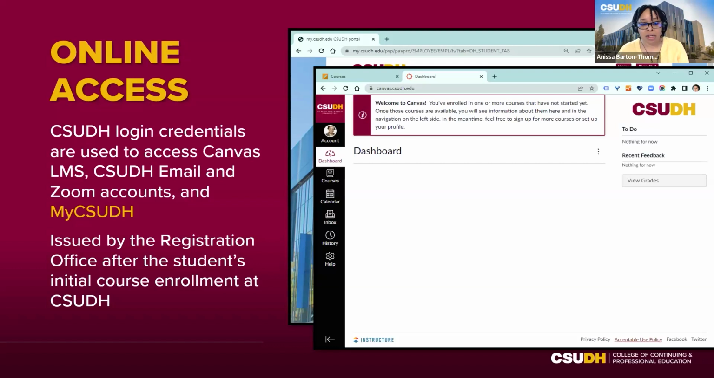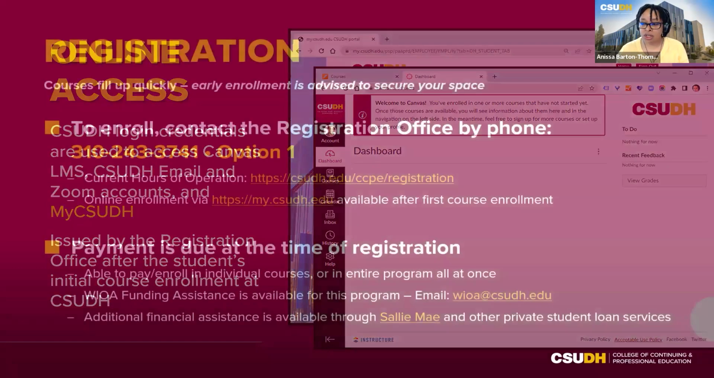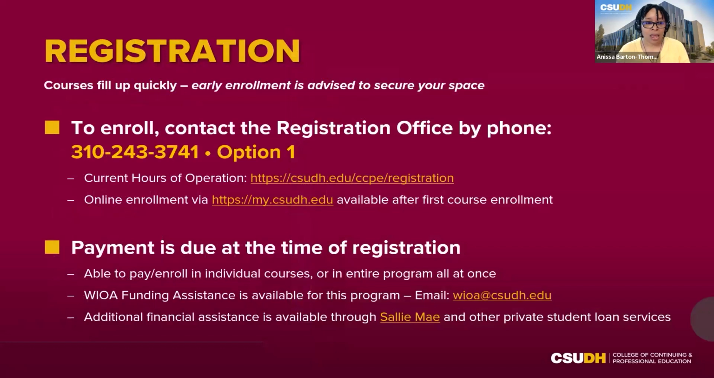Now, these login credentials, which consist of your username, email account, and password, are issued through our registration office approximately 2 to 3 business days after registration in your first course. Now, enrollment is available from our continuing and professional education registration office, and the current hours of operation can be found at our website,